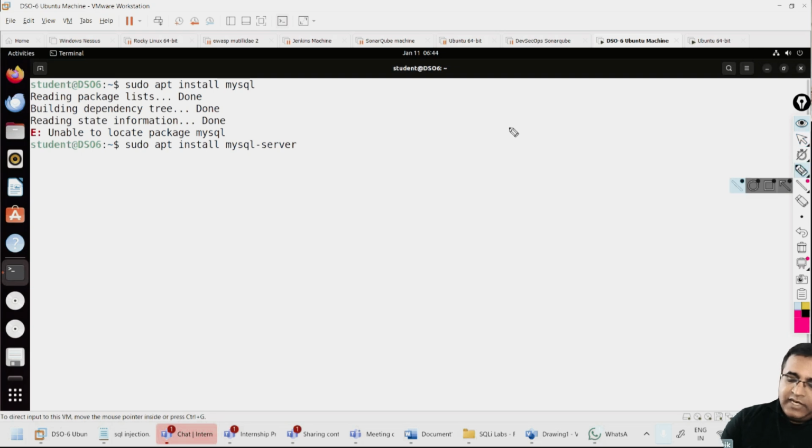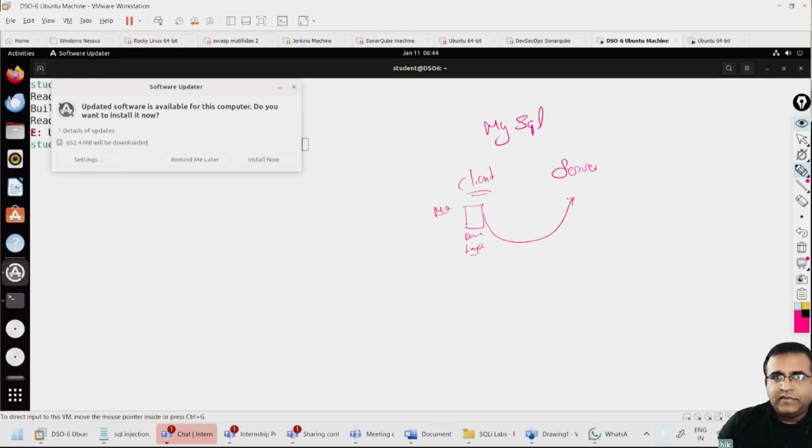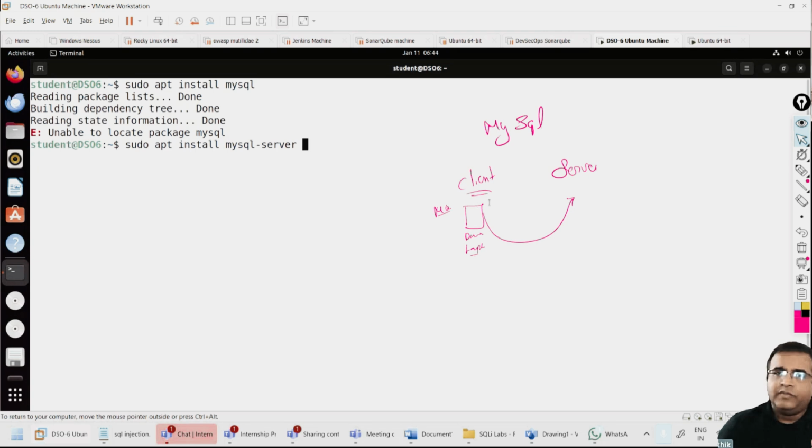Mainly MySQL has a client as well as a server. The client is basically installed on a desktop or laptop of the developers and things like that, where it will connect to some server. There is no MySQL server installed there. It is just for the client purpose, to interact with any MySQL server anywhere in the world.